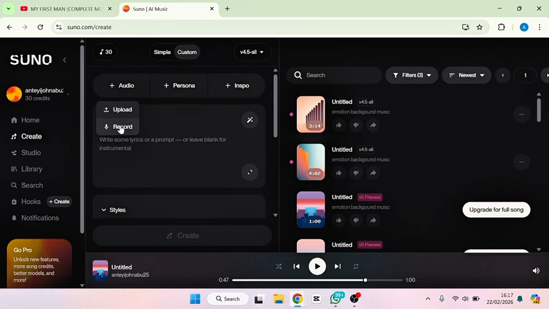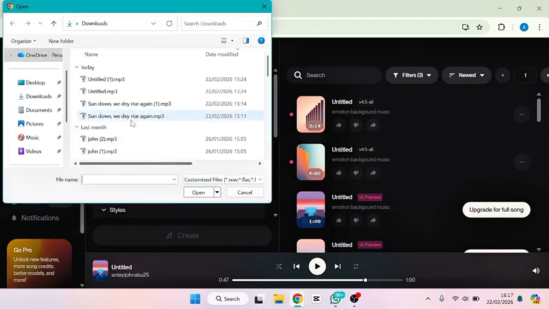But since I don't want to record it, I ask someone else to help me do the voice, the singing, like the sample of the voice, right? So that's what I did. So now I'm going to bring in the audio instead of me singing it myself. If you can sing, you can go ahead and sing it yourself with your dialect, that is with your language. So I'll click this upload to bring in the audio, right?